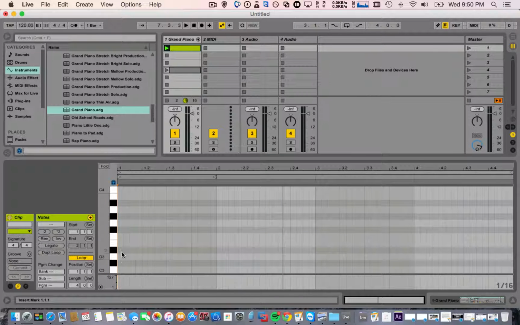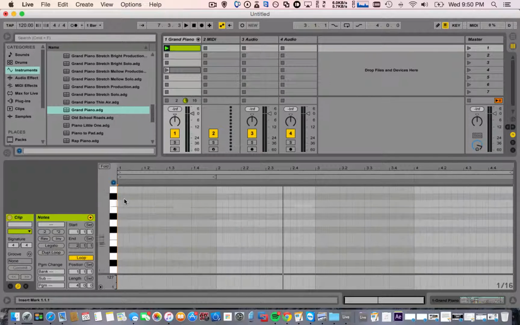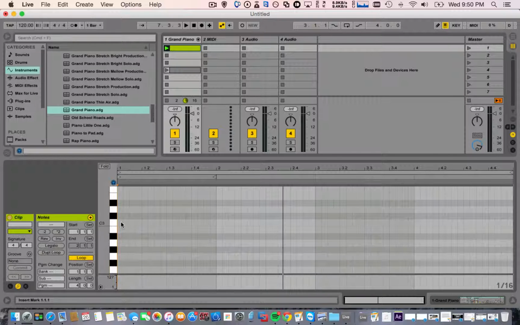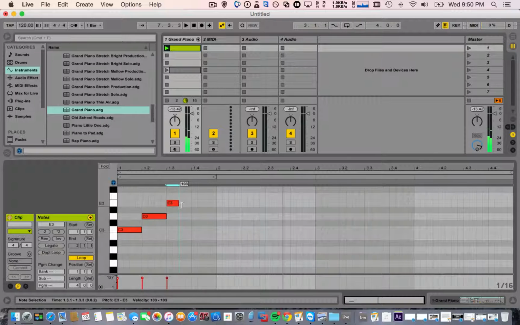Now if I click on, we'll do C here. If we click that, you can drag this one out, and you can see as I'm clicking these, it's playing. If you don't want that turned on, hit this little headphone here, and then you see it doesn't play now. So we'll pretty much just leave that. Now if I hit the space bar,